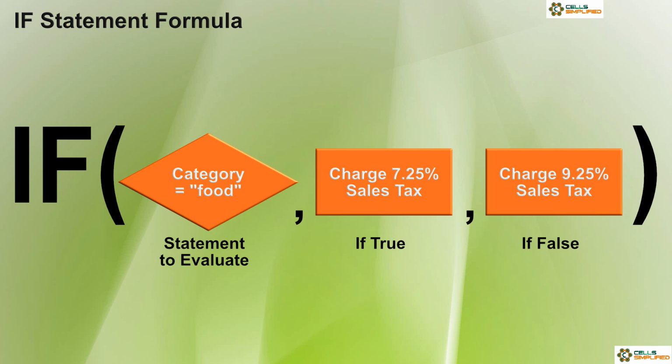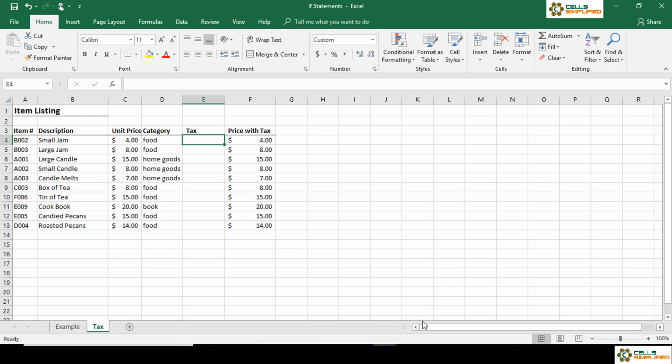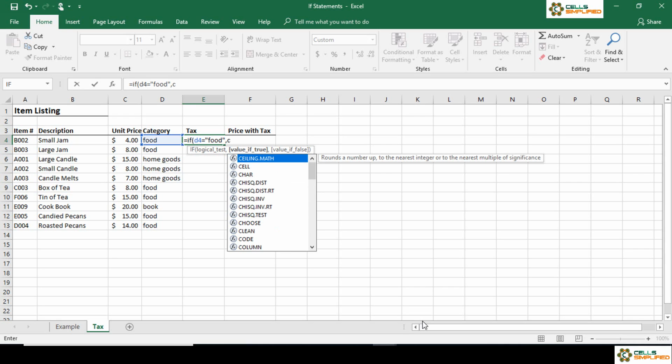So let's go ahead and go back to Excel and try to create this formula here. And so again, we are trying to evaluate the category in column D. That's what we're comparing to the word food. And so we're going to say equals IF, open parenthesis, D4 equals, and then we'll put the word food in quotation marks since it is not a formula, it is a static string of text. And then we're going to type a comma and type the action that we're going to take if the statement is true, and that will be to multiply C4 times